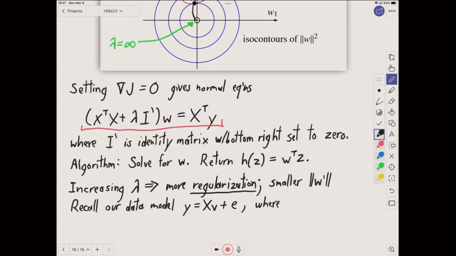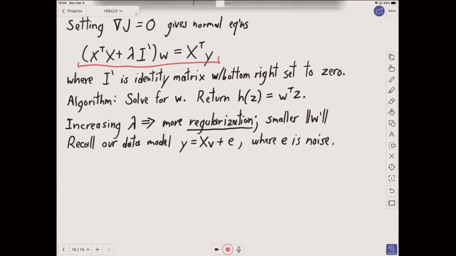This is our model of what happens when we try to gather data in the real world: noise gets added to our data. Well, you can actually compute the variance of ridge regression. And when I say variance, I mean as I described it last lecture when I talked about the bias variance trade-off. And if you work that out, what you get